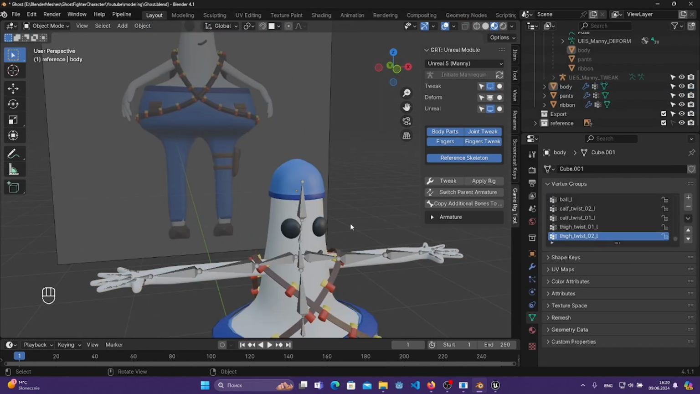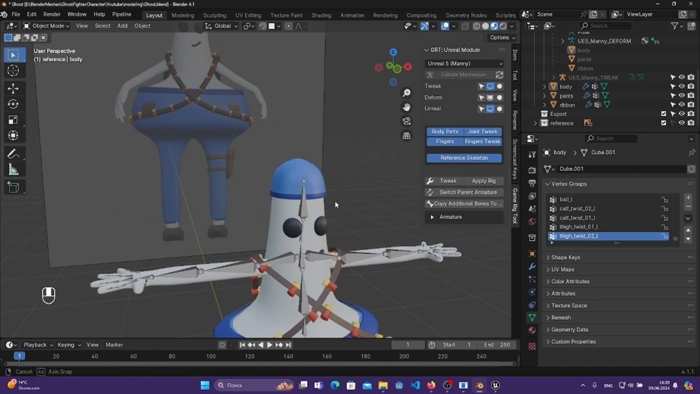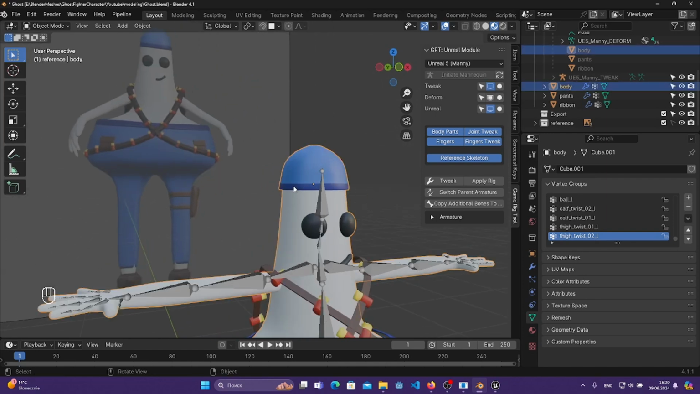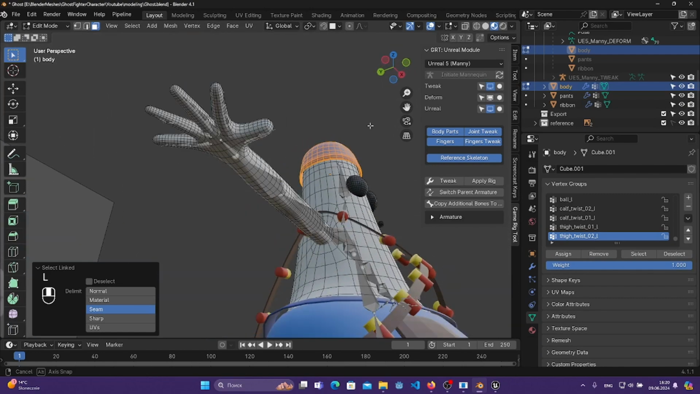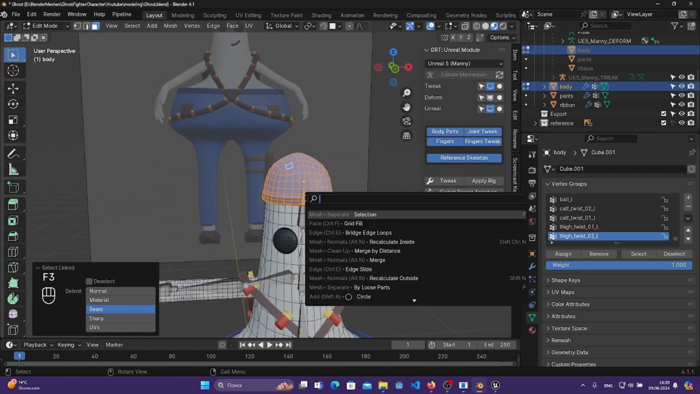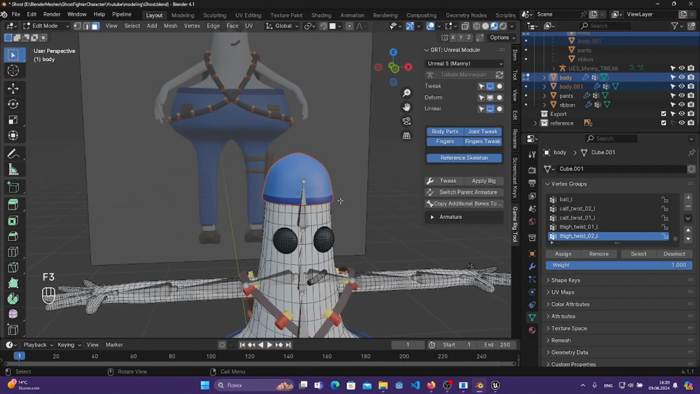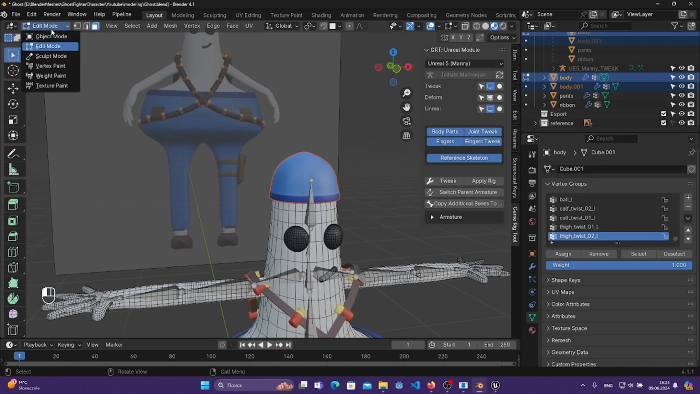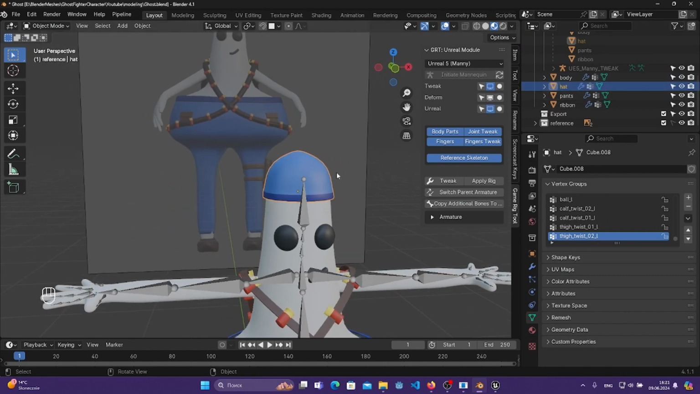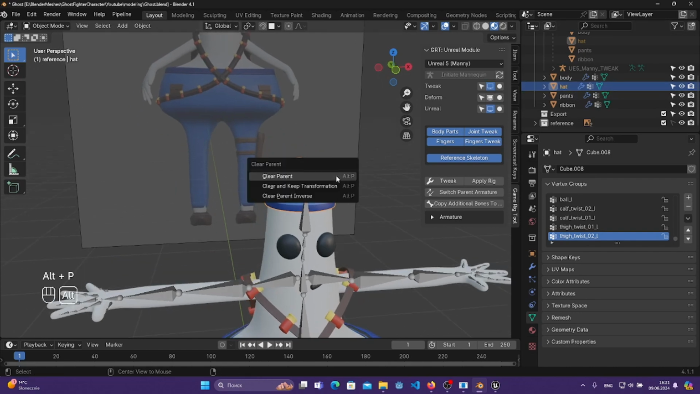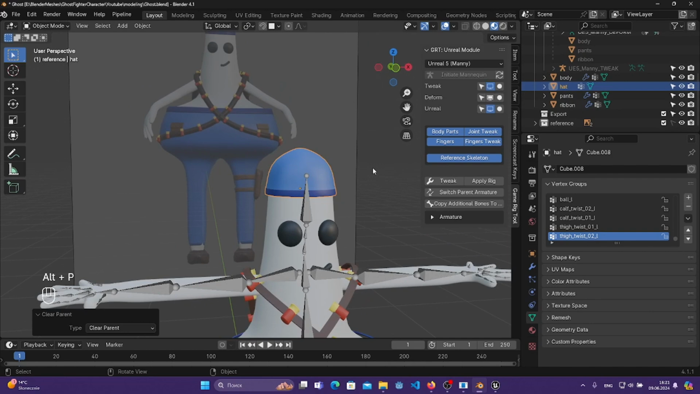Okay, so I found out the way to fix it, and you have to go to the body, go to edit mode, go to head, hit L to select only head, then hit F3 to search and separate by the selection. Go to object mode, and here you can rename it to head, and then Alt P to clear parent, and then